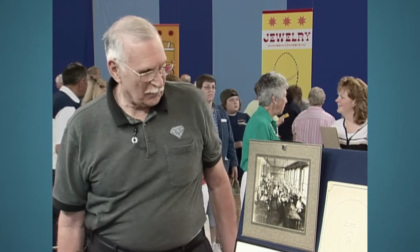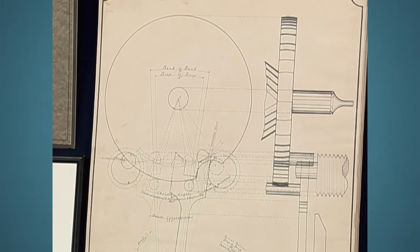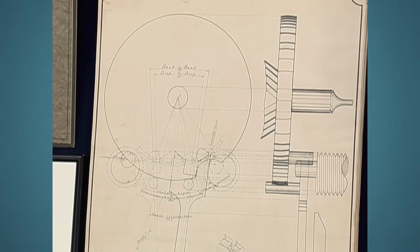Oh, really? I'm surprised. I had no idea. Of course, it's not for sale. We display it. Presented on the show are an old photograph, an old student watch, and some vintage papers belonging